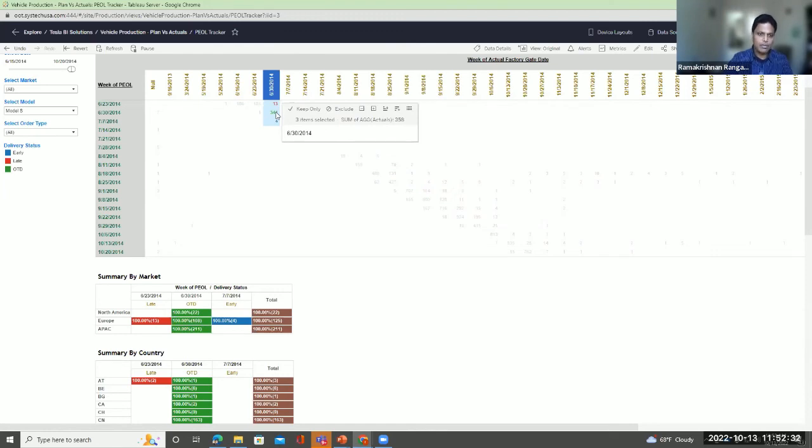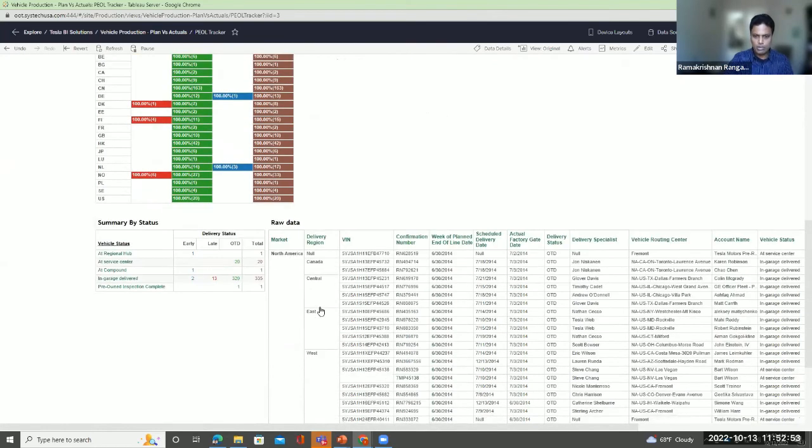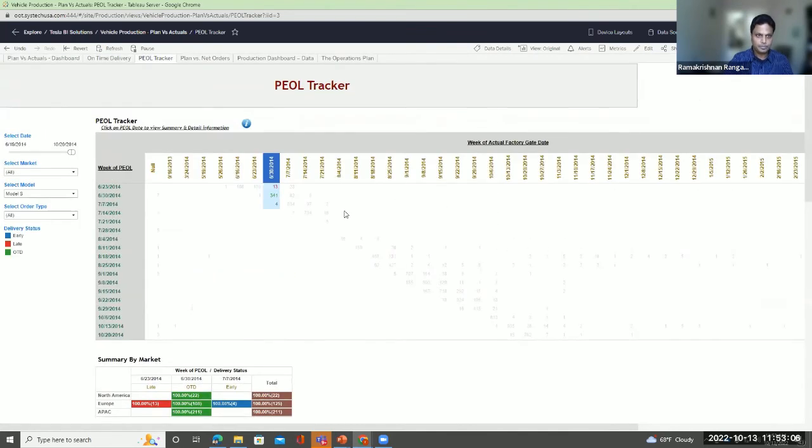And then looking at it from a historic standpoint, the following week 4 cars were delivered early. So what this says is that the production process was able to catch up not only on the previous week's late deliveries, but also was able to make 4 early deliveries in the coming week, and so on. And again, you can drill down to the individual car level and figure out who's responsible for it, and in case of a delay, what the root cause for the delay is, and then resolve it. Right.